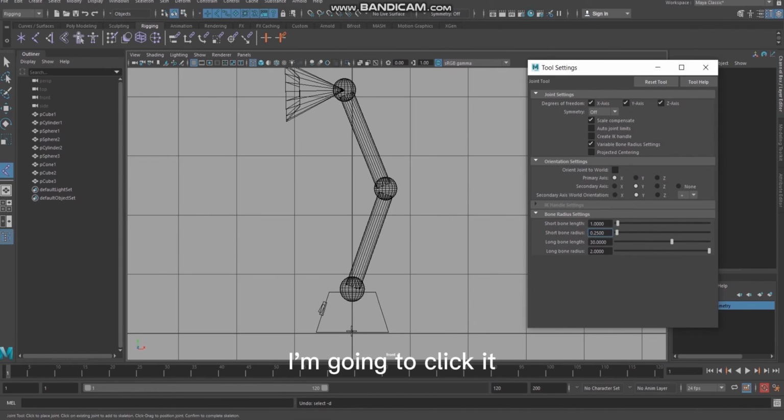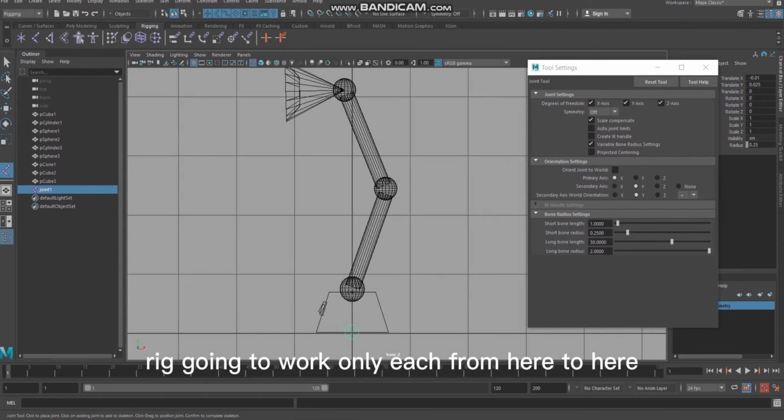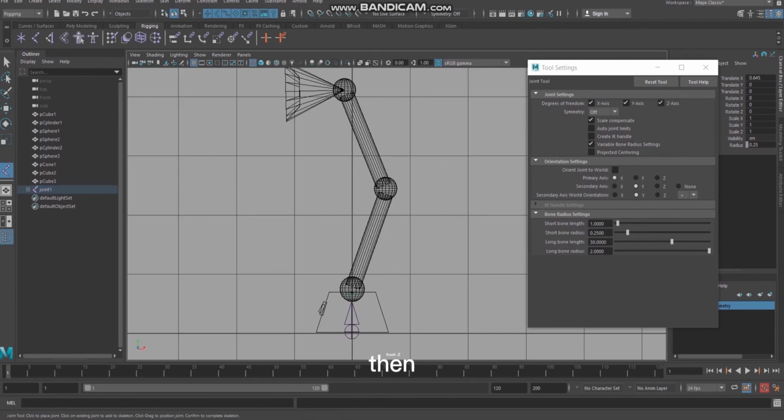I'm going to click on the base joint or the root joint, because the base or root is where all the other joints are created from. Even though our rig is going to work only from here to here, still we need a base joint. Then this is, I can say, the base